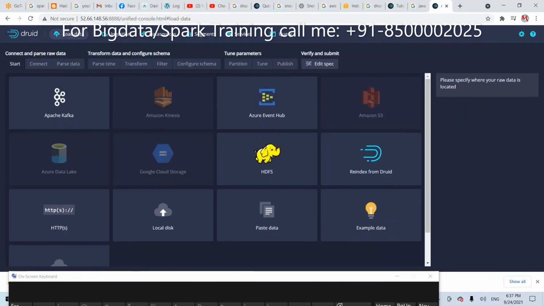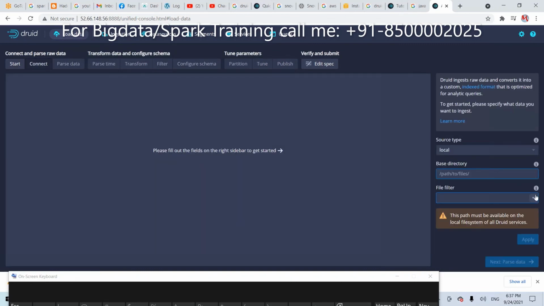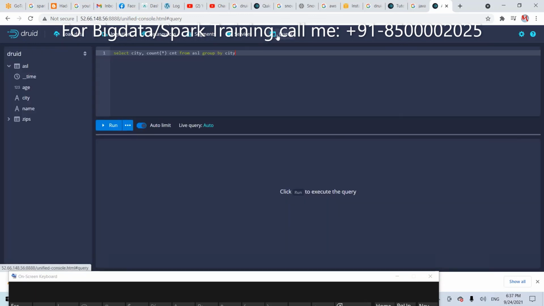Please check here. This is CSV data. Here, please check Parquet, ORC, tab separated, CSV. Everything is working. If you want a query, there is a query option available. If that data is loaded and everything is completed, then you can run SQL queries and get the results.